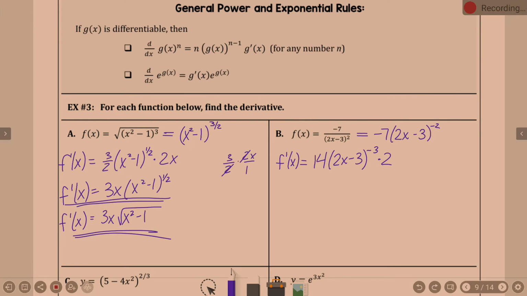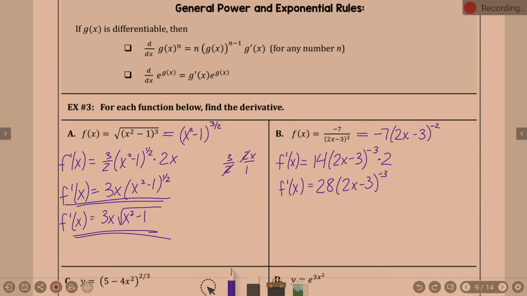-2 times -7 is 14. Keeping the inside as is. Subtract 1 from the power. -2 minus 1 is indeed -3. Times the derivative of the inside. Derivative of 2x minus 3 is 2. 28 times 2x minus 3 to the